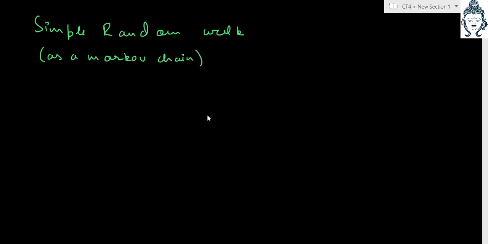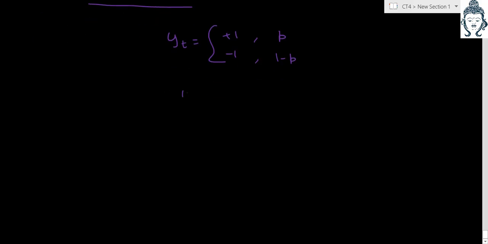Okay, so I'm trying to discuss a topic from chapter 2, stochastic process, as a Markov chain. If you remember the simple random walk, the process was basically the sum of a white noise process. We had discussed the general random walk, and when we had the white noise process yt as +1 with probability p and -1 with probability 1 minus p, and when we added these processes yt's,